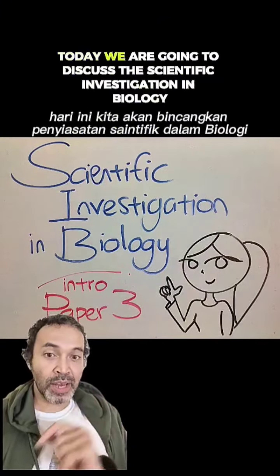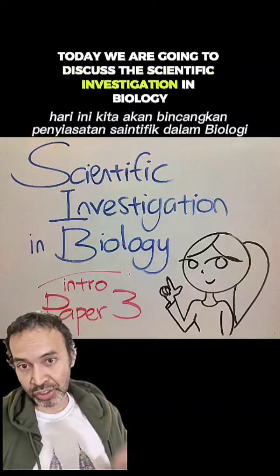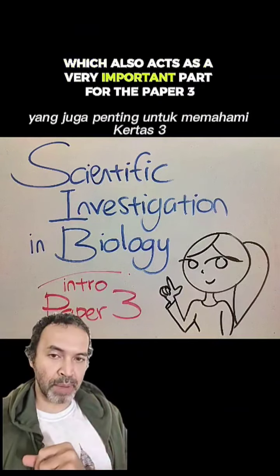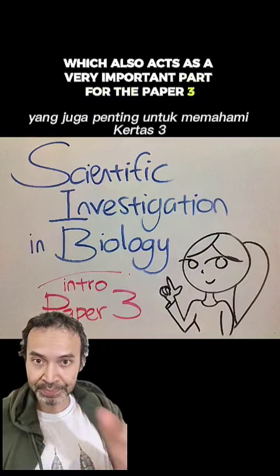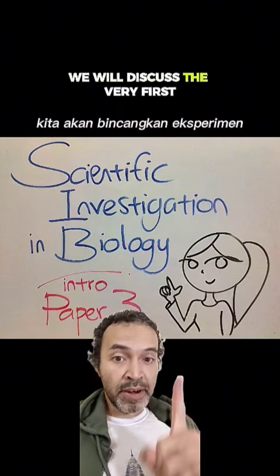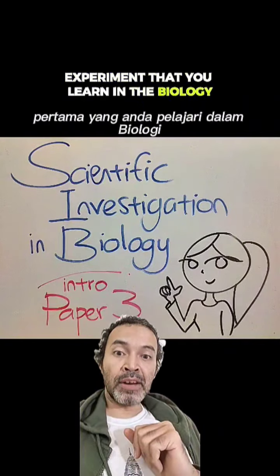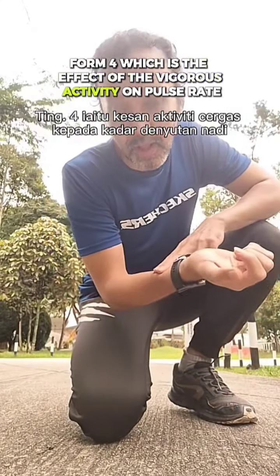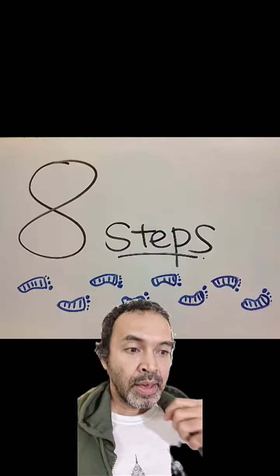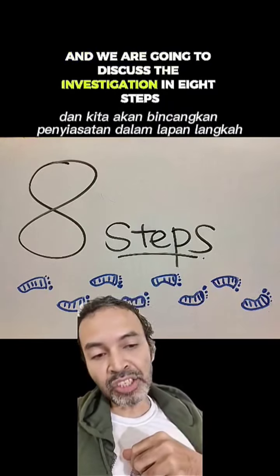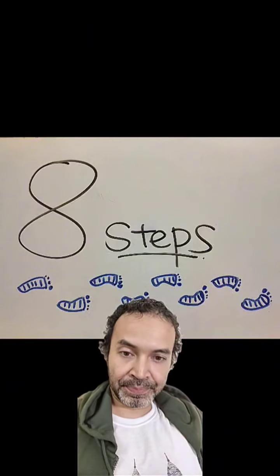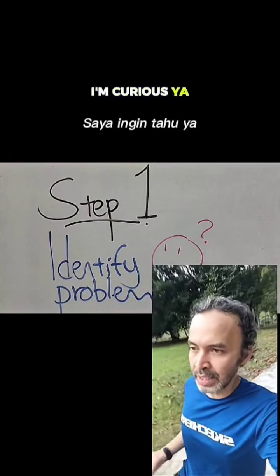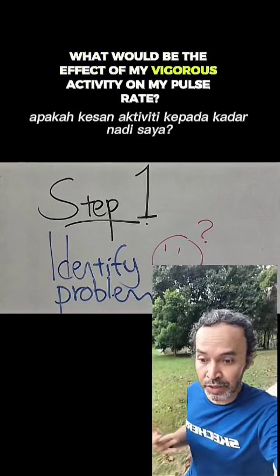Hi all! So today we are going to discuss the scientific investigation in biology, which also acts as a very important part for paper 3. We will discuss the very first experiment that you learned in biology Form 4, which is the effect of vigorous activity on the pulse rate. And we are going to discuss the investigation in 8 steps. Step 1, we need to identify the problem. I'm curious, what would be the effect of my vigorous activity